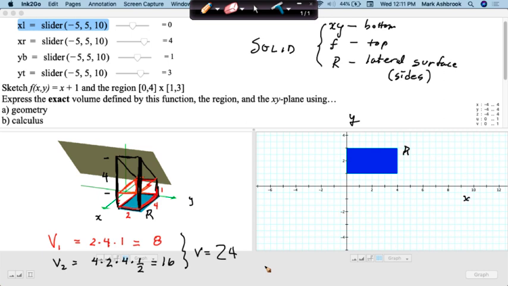Any questions on that? I added up the shoebox plus the wedge on top, this wedge of cheese. Any questions on that? Okay, so now what about calculus? So calculus would be summing up little rectangular columns, right? Summing up little rectangular columns